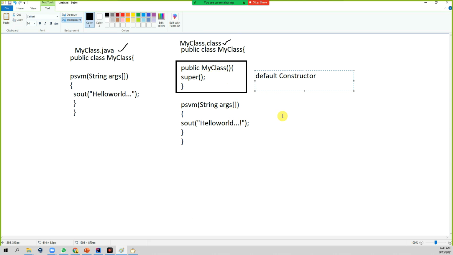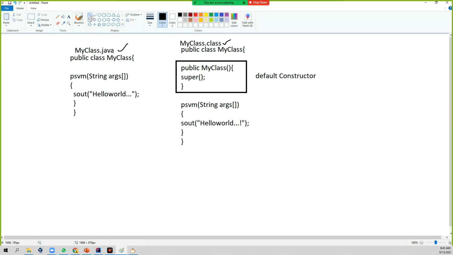Here the default constructor means there are no arguments, no parameters inside it. When you see this, it is called a default constructor. If you have not written any constructor, Java automatically creates one when it compiles.